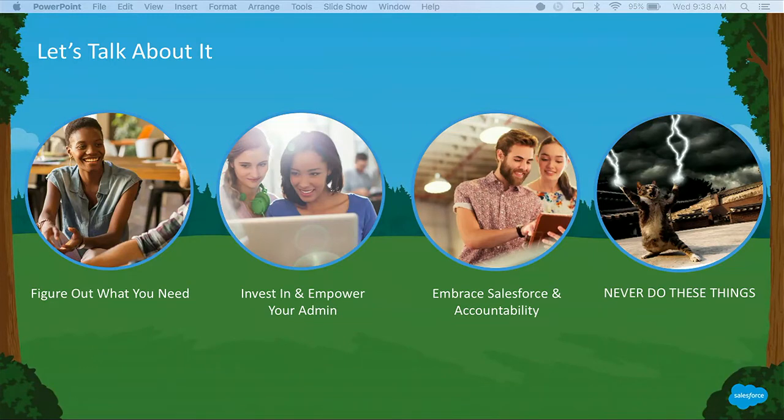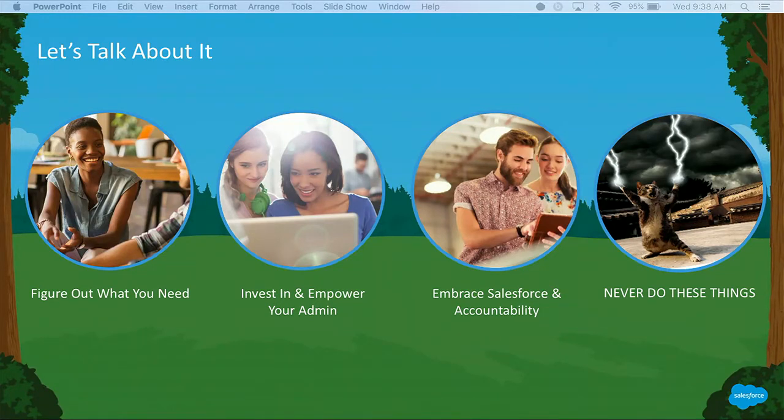So for anybody who's never heard that term before, I would go to Trailhead and check out governance. There's a whole model on how to establish that within your company. And even if the words sound a little mature or it sounds like it's a big enterprise solution and they're referencing VP of sales and CIO and things like that, if you don't have those people, what you're looking for